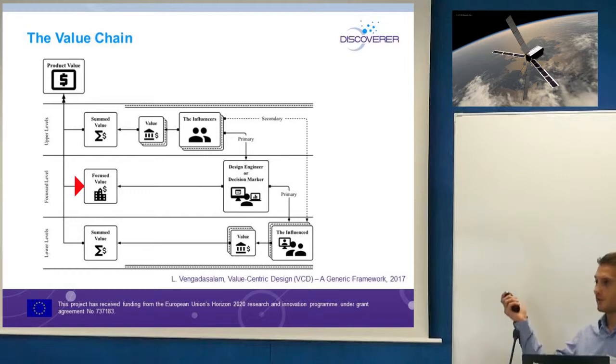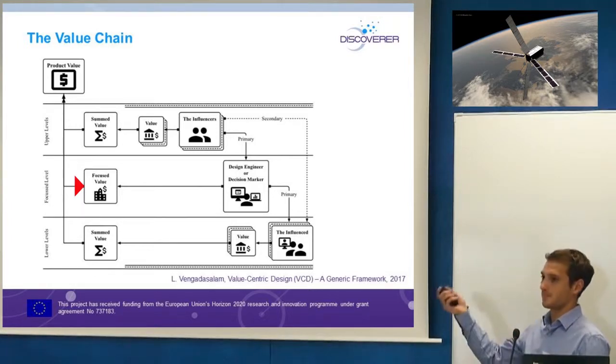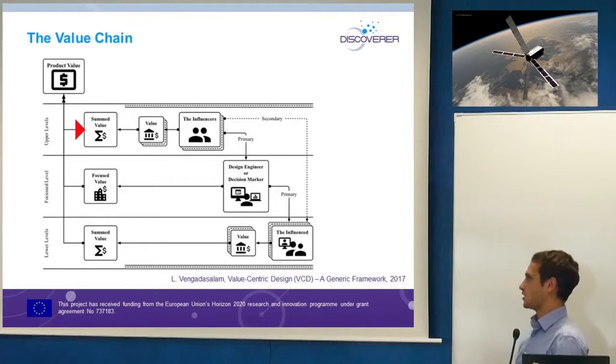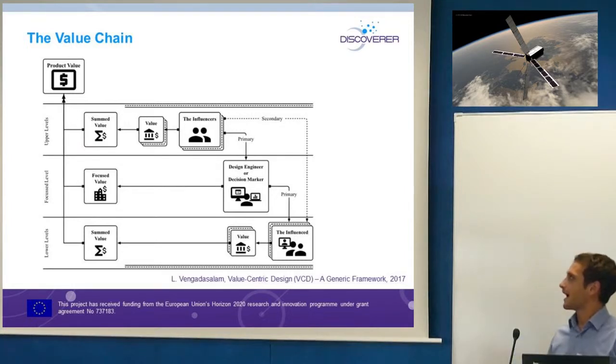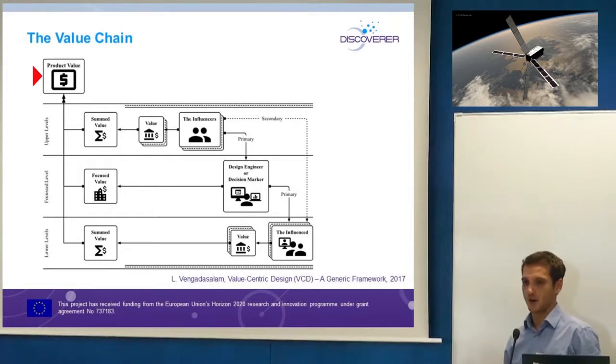We have a value, or new VLEO systems will have a value in the middle there. And at the top we have all of the customers who are producing new data products from VLEO systems or new added value services. And then at the top we can also sum these up to see a total economic